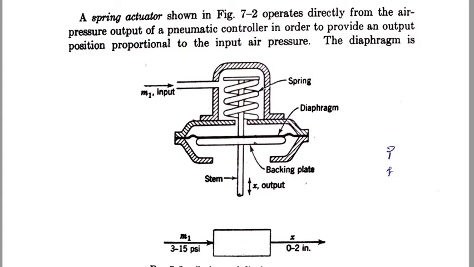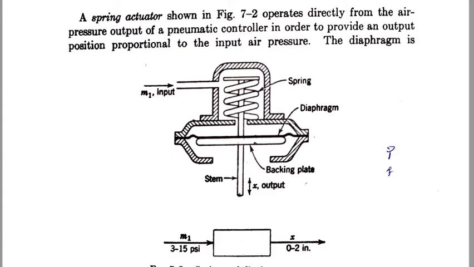Depending upon the stem movement only, the output flow rate will depend. If the stem is totally in the upward direction, it allows the maximum flow rate. Whenever the stem is in the totally downward position, it will totally restrict the flow. The output flow rate will become 0 here. Okay, so what we are supplying here as input is M, the input pressure. What is the output here? Output is a displacement, which may be in inches, centimeters, or millimeters.